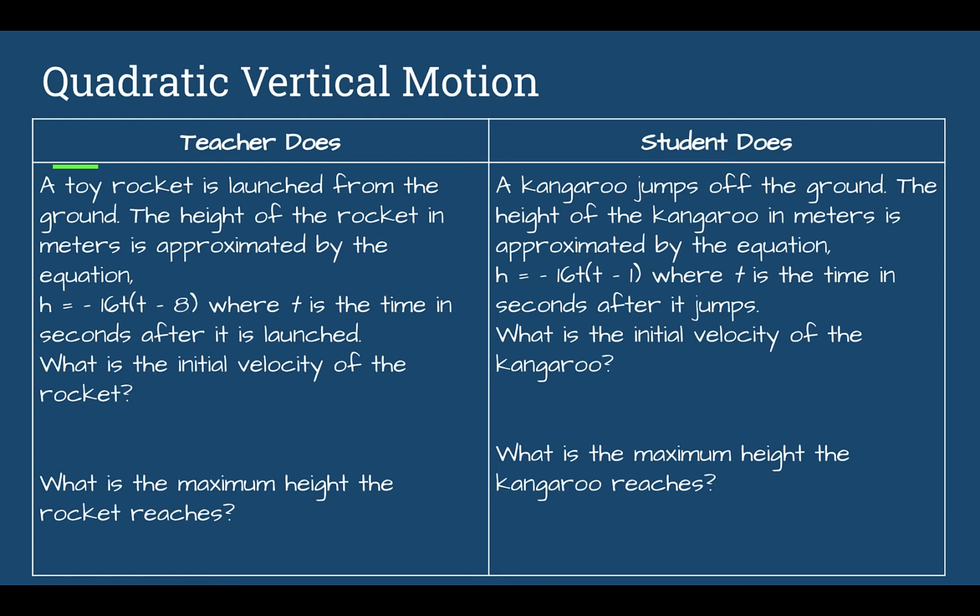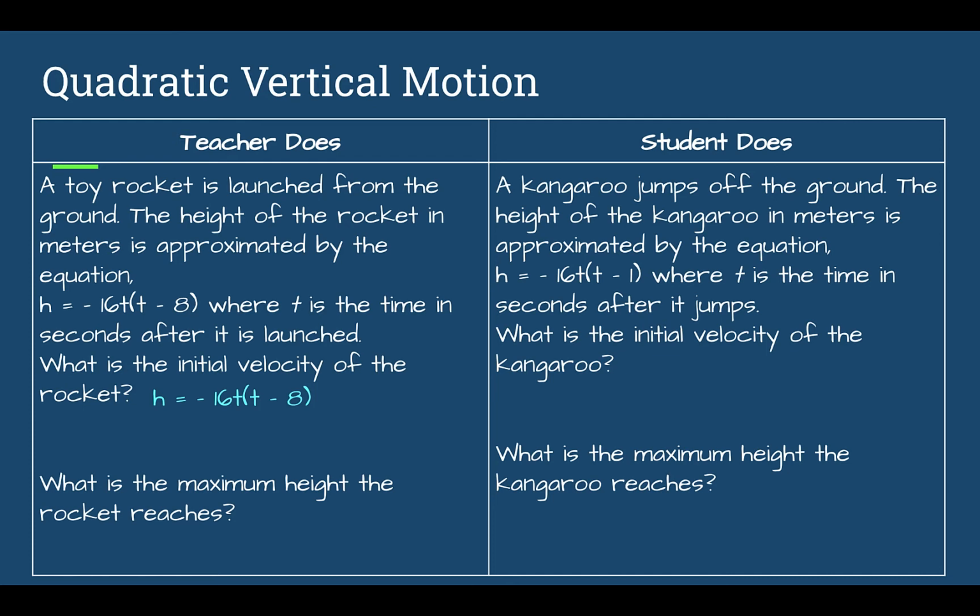Here, it gives us an equation, and that is how we can figure out the height. So if we were to take that equation and plug in t, we can get the height. Well, we need to figure out what the initial velocity was. If it was written in the other format, where it was negative 16t squared plus v sub 0 t plus h sub 0, then we could easily just look at the number that's in front of t